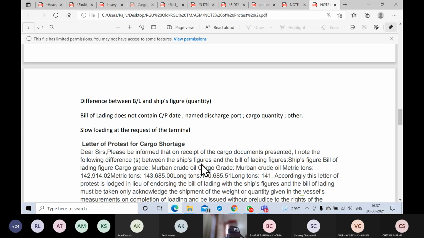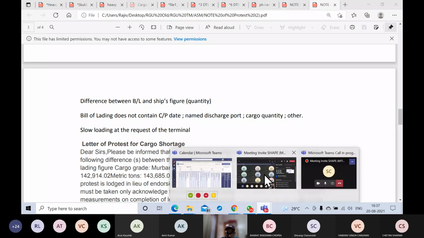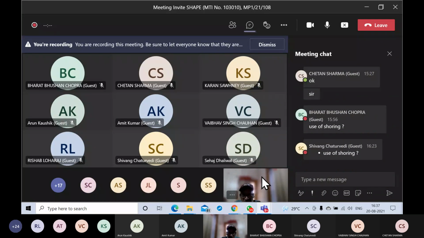एंड डेफिनेटली इन केस यू हैव डिस्क्रिपेंसी बिटवीन शिप एंड शोर फिगर्स ऑफ कार्गो, लेटर ऑफ प्रोटेस्ट इज फाइनल, होगा ही होगा, राइट? Anything you want to raise, gentlemen? अच्छा, हैवी लिफ्ट, ओके।